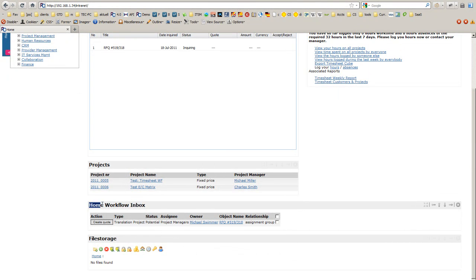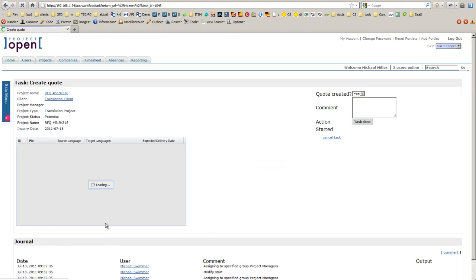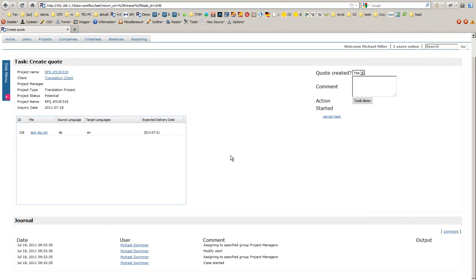So back to our Firefox browser, and now what else do we see? We see in our home workflow inbox a new element, a new task that needs to be finished, and the task is called create quote. By clicking on this button, I am getting to a workflow panel. Those of you who have worked before with workflows know the structure of such workflow panels. They are always organized in the same way. They are structured equally no matter what workflow you are using. We have on the left side